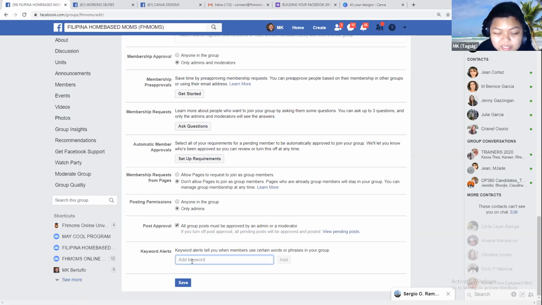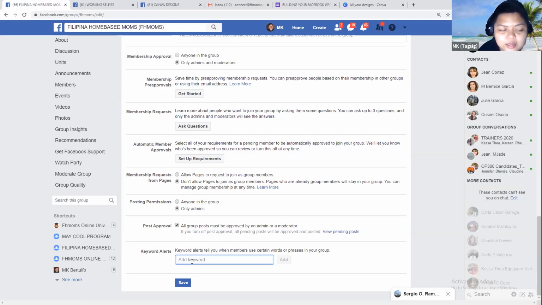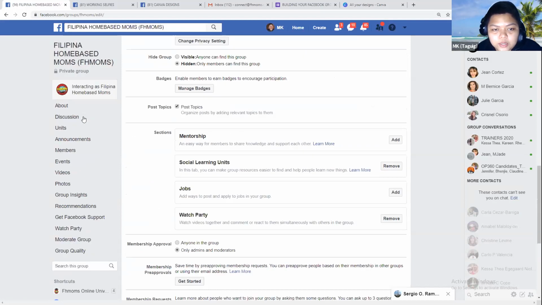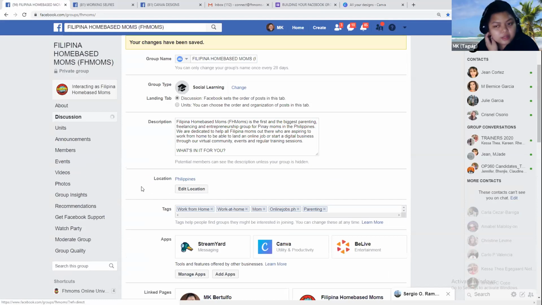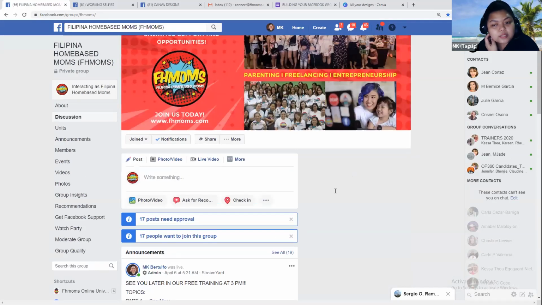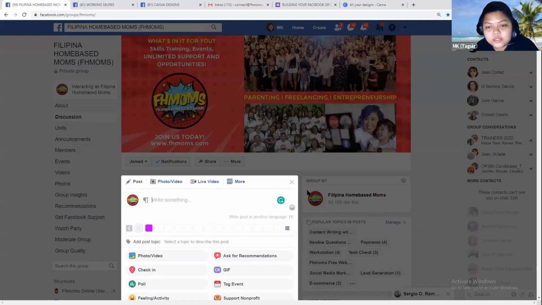Ito yung sa keywords. Let's say, for example, you'll place here like word na mga mura, ganyan. So, mano-notify kayo kapag halimbawang may nagmura. Pero kung hindi naman mura, let's say positive naman, let's say may keyword kayo na ilalagay dyan na how or PM me. Tapos gusto niyo ma-notify kayo pag may nagpapa-PM. Ayan, add nyo yung keyword na yan. And just make sure to save it, of course. So, I guess we're good with that. If it's posting naman, it's similar with your Facebook page and then your wall. So, I won't explain this anymore. So yeah, I guess we're good.